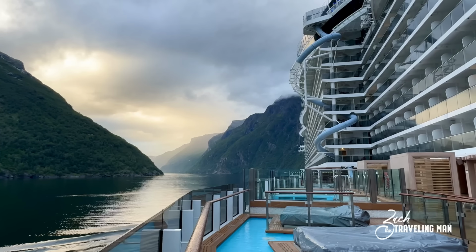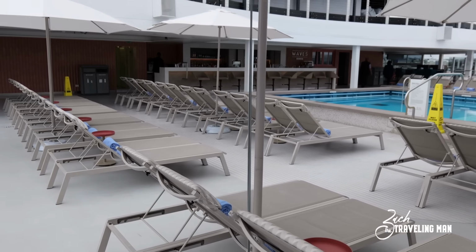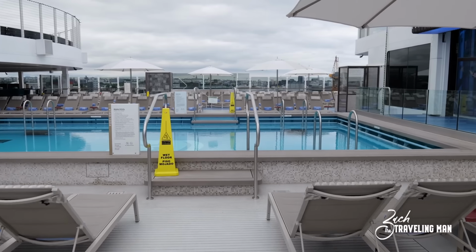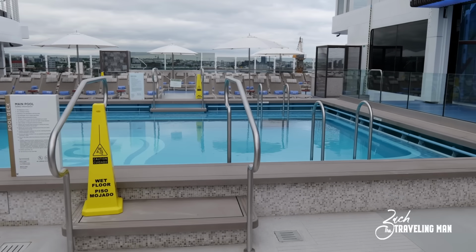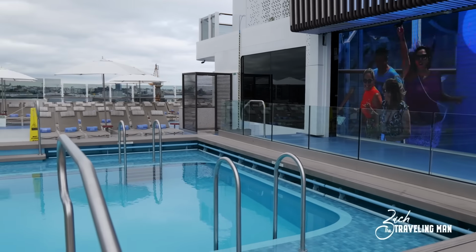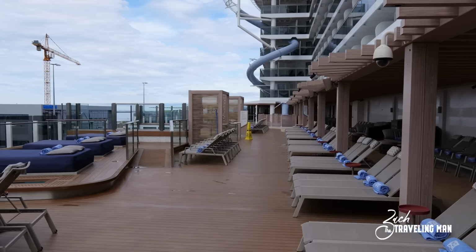And a lot of folks complain about the pool deck on the main deck of the ship, which is deck 17, and it certainly is small. Probably one of the smallest pool decks that I've ever seen, and the smallest pools, and that definitely was odd to me for a ship as big as Prima. But then I got down to deck 8 and saw those infinity pools and all the loungers, and it made more sense to me. Like, this is designed to spread people out a little bit,